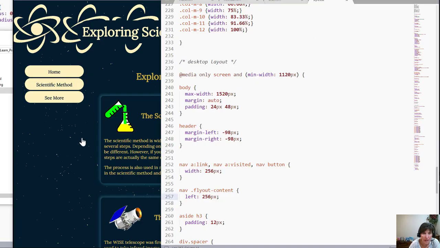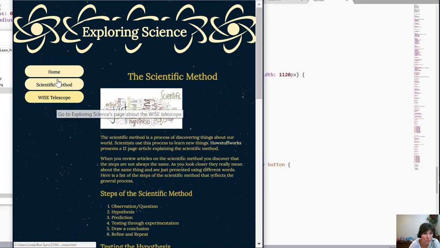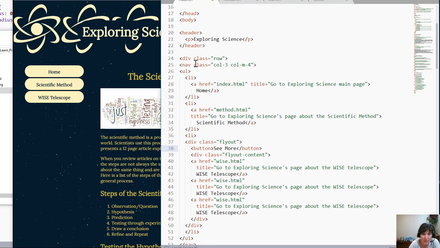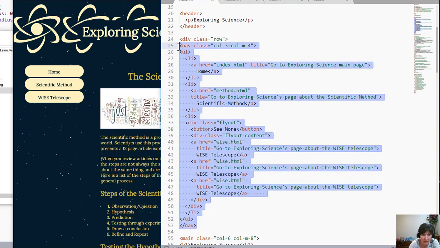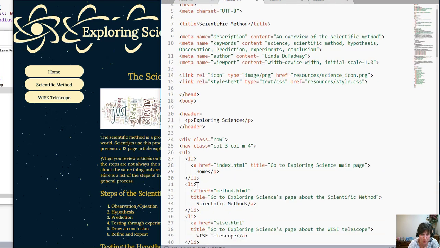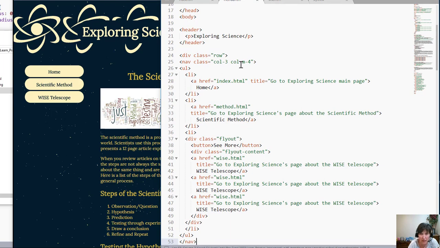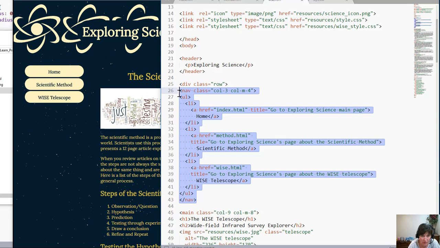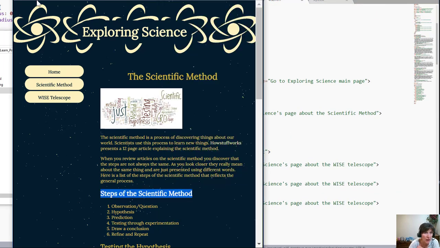Now that we've got that flyout menu working on the index page, we need to go ahead and see how we can get it to work on the other pages. So what we need to do now, this is not a style thing, this is in the HTML. What I'm going to do is capture that entire nav section and make it exactly the same. I'm going to copy it from the index.html and then highlight the entire nav section here and paste it there. And then do that on the other page. And I would do this to every page on the website to make that nav the exact same on every page. And now I refresh,